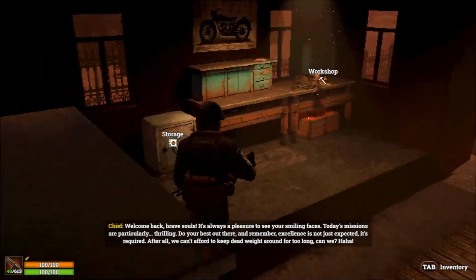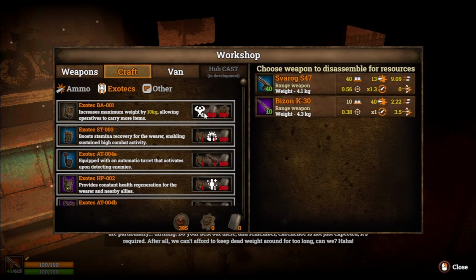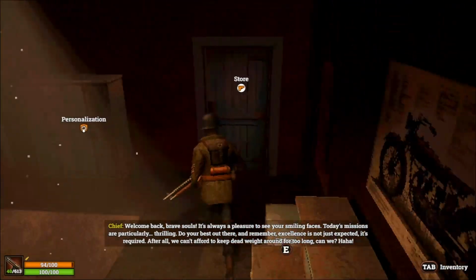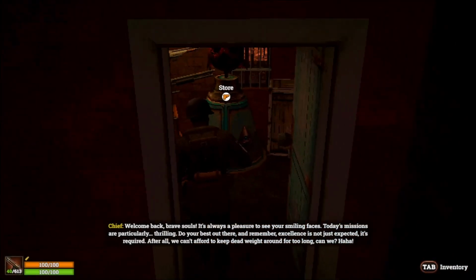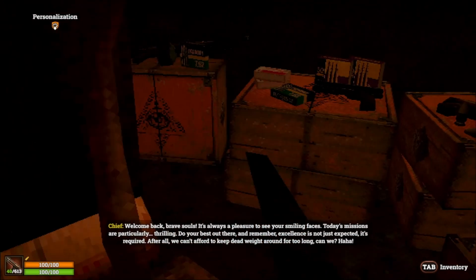So I just want to quickly go ahead and show this again. If you go to craft in here and you go to exotechs, you can make these exotech suits. This takes a module, which you unlock by using these low samples, which I don't have enough of right now. You go to the store, go to equipment, and you can craft custom modifiers. And typically,